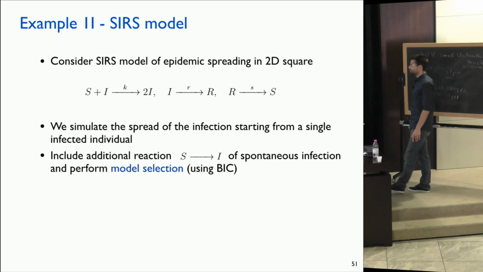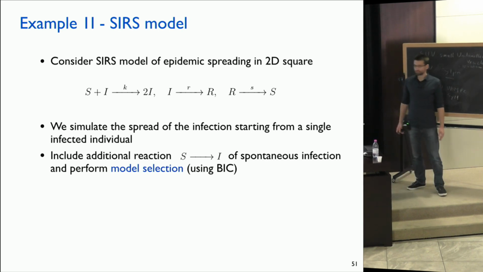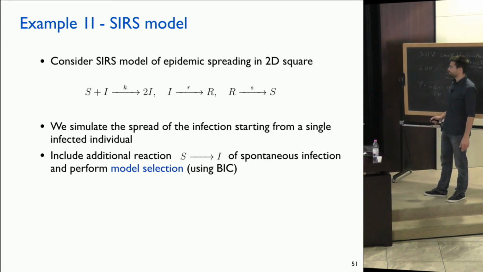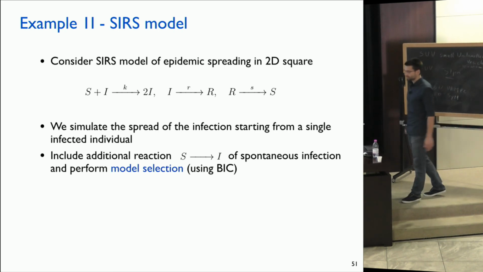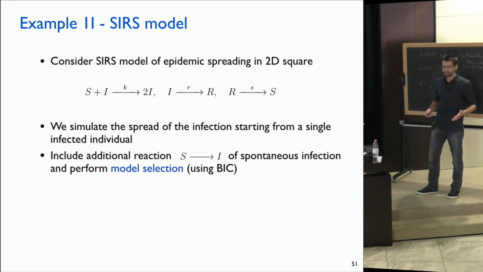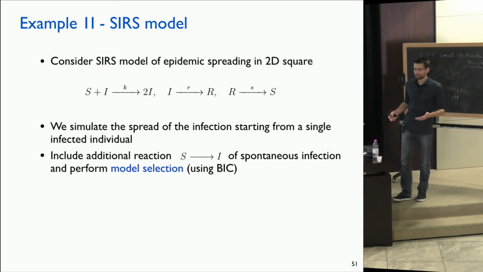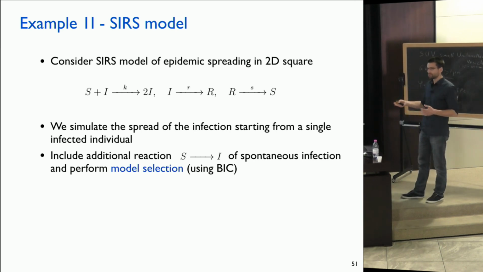So we wanted to use our approximation to differentiate between those two different models: those reactions, or the alternative model, those reactions plus a spontaneous infection. What we did is we simulated data again, 100 time points, for both models. One has the spontaneous infection, one does not. Then we pretend we don't know which model the data came from and use our method to choose the more likely model to underlie the data using the Bayesian information criterion.